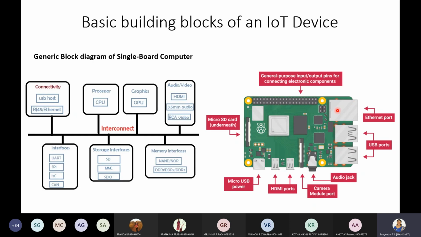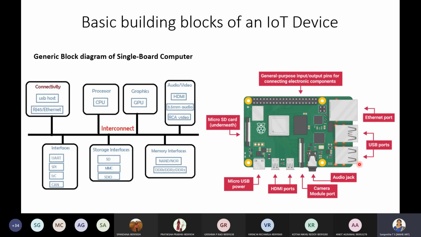Next, you can see there are Ethernet ports and USB ports. We know the purpose of Ethernet ports in our personal computers: basically used for connecting to the internet.